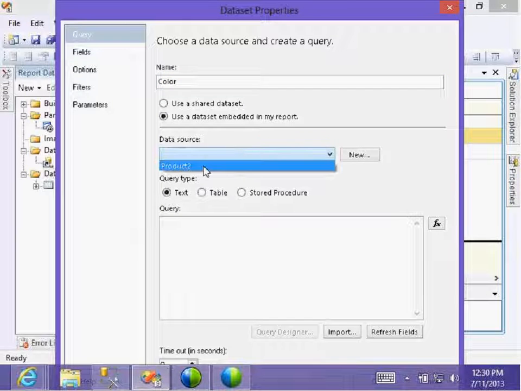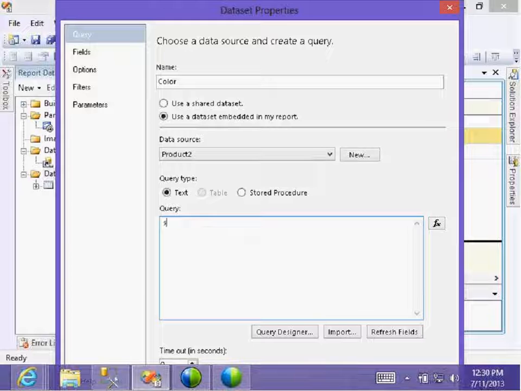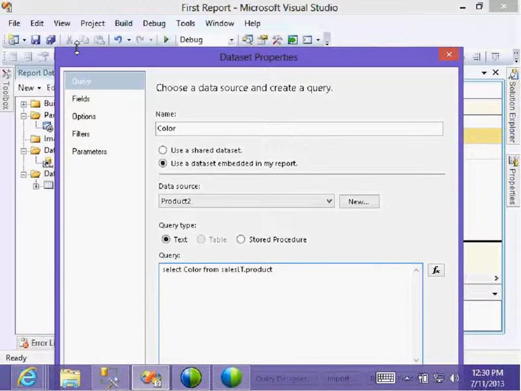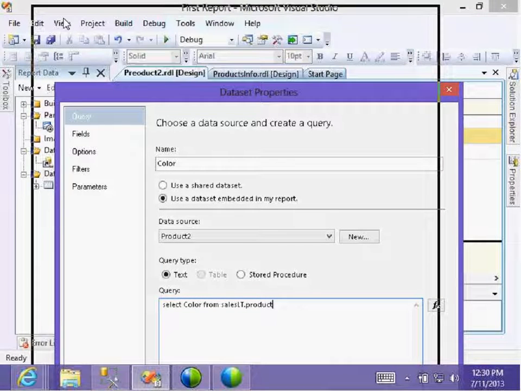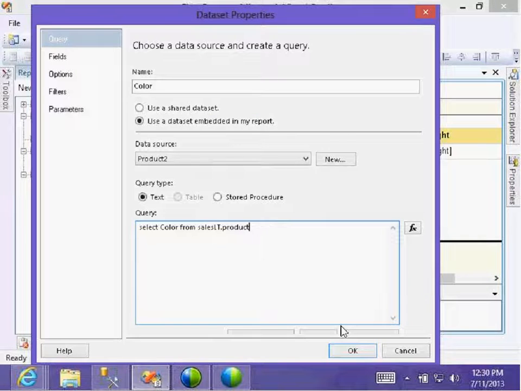Embed the same thing back: select only color from... see, your query designer.